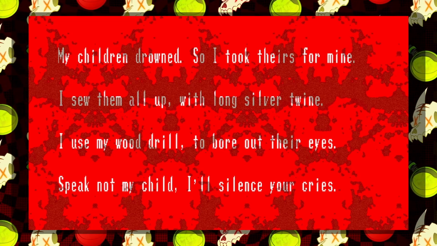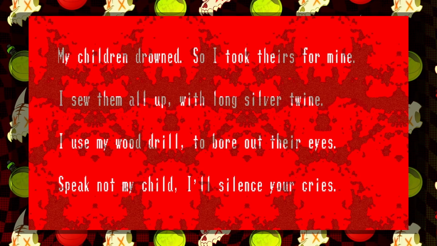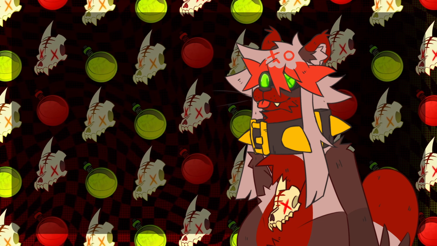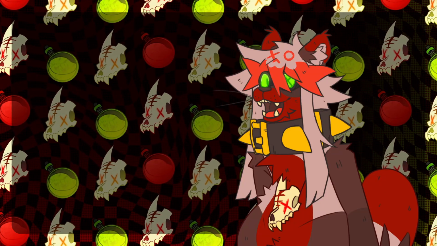I use my wood drill and bore into their eyes. Speak not, my child, I will silence your cries." Which, once again, if you remember in the base game, Specimen 6 turns people into living dolls, so it fits his character. But that is it for all the changes of the base game specimens that we'll be seeing in